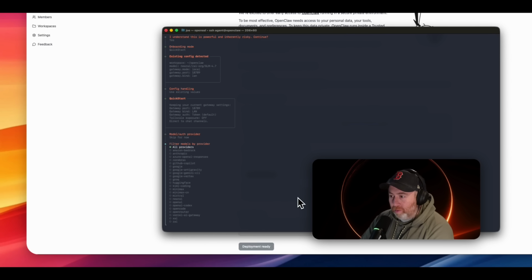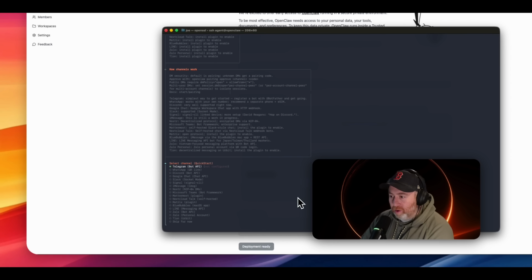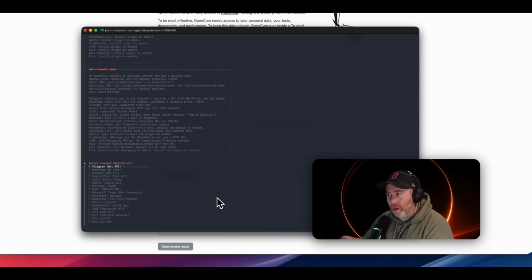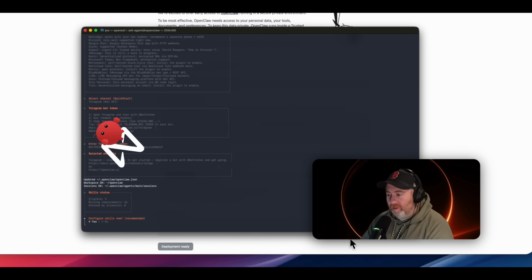If there's going to be anything else here, we can go back and just keep the current. So we didn't change anything on the model setup, even though I could have added in my own keys for something else. I'm going to leave it as the default that is set up right now. I am going to set up Telegram so I can actually leverage this with Telegram as well. Let me get that token. Okay, that token is in.